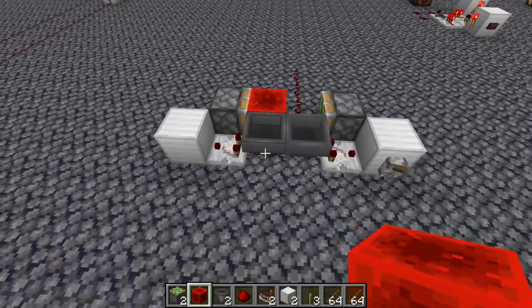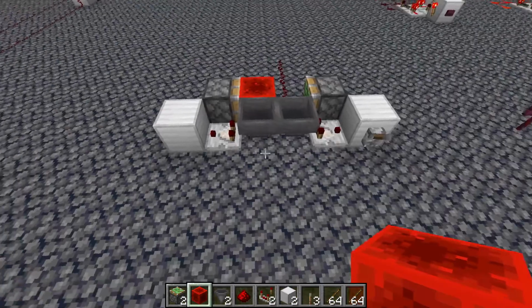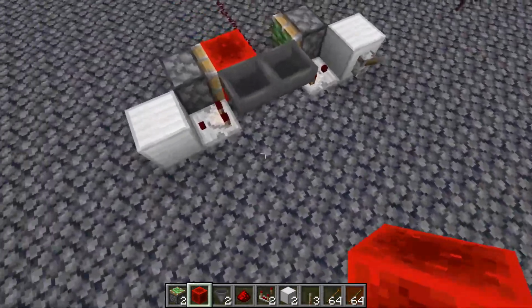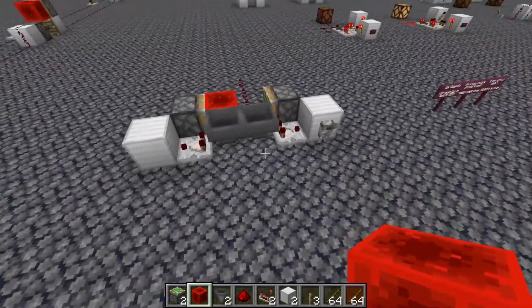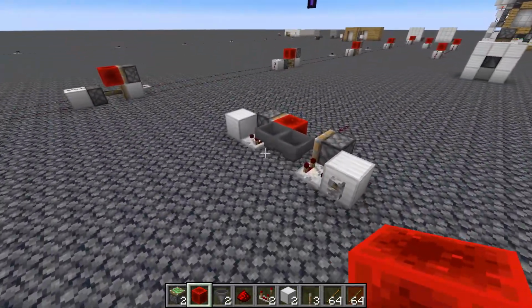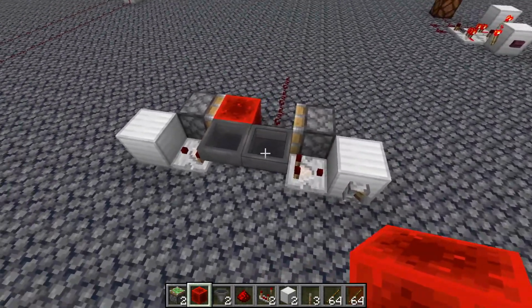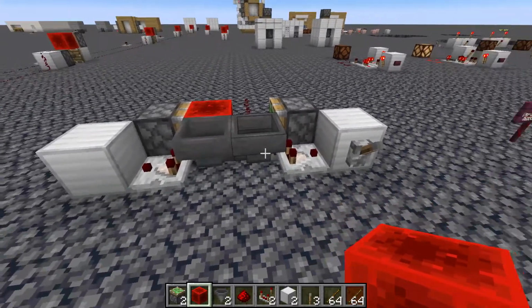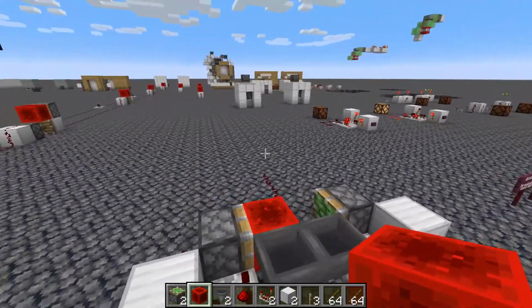And the reason why is that this design was thought of many years ago by a YouTuber named ETHO, who used to be a member of the Minecraft team on YouTube, and he is now part of the Hermitcraft server. But basically, this hopper clock is a very common design, and it is very useful in many different redstone